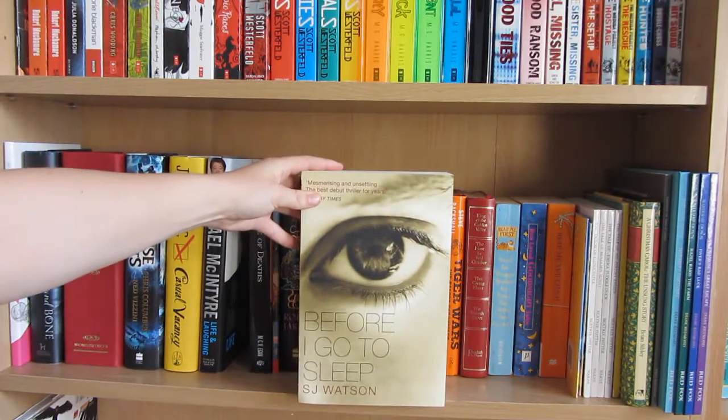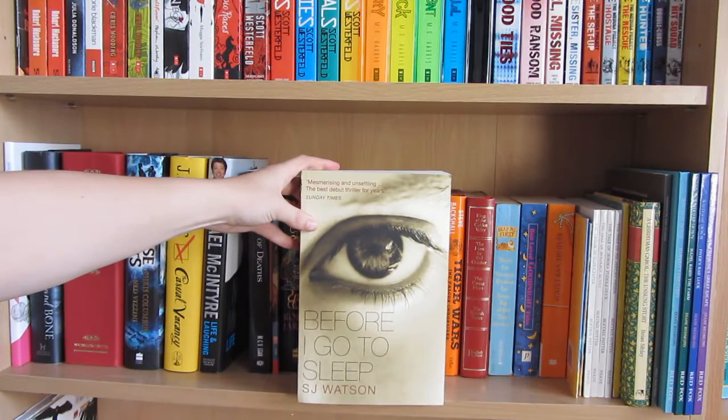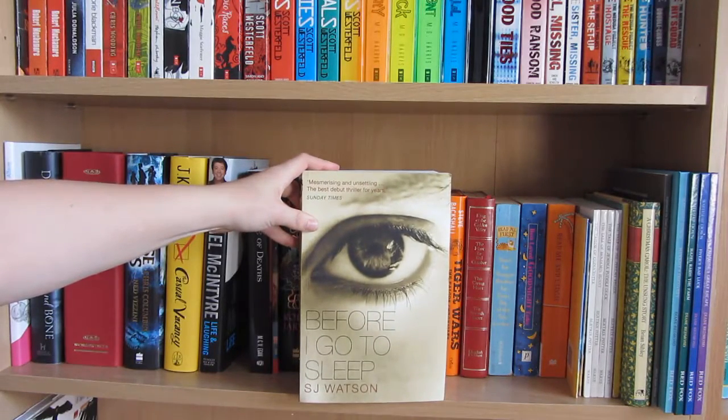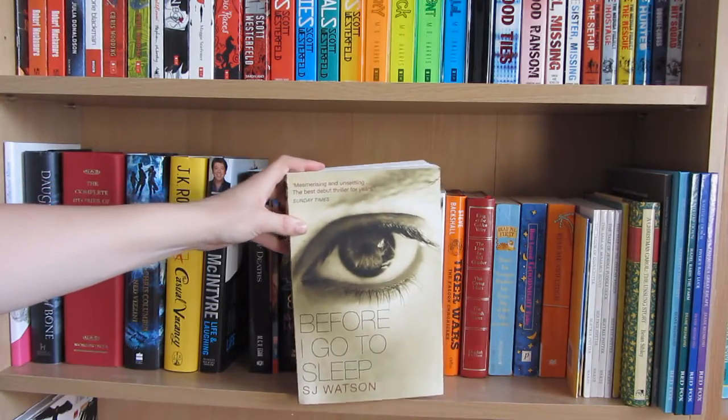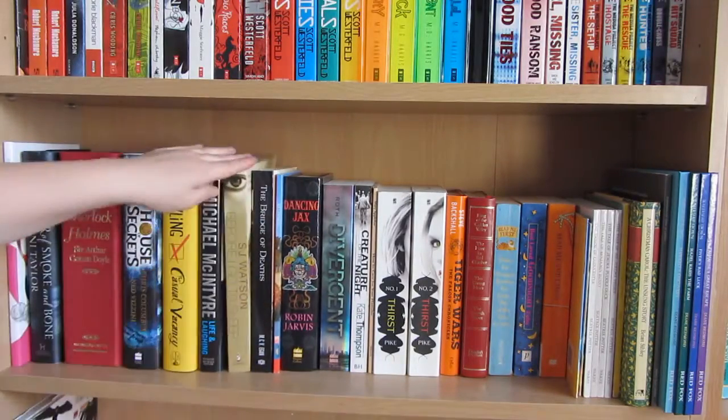Then I've got another book in my mum's, and it is Before I Go to Sleep by S.J. Watson, and this actually sounds really good. It sounds like something I'll enjoy reading, but she bought this for herself and then gave it to me to put on my bookshelf so it didn't get ruined, and then she hasn't read it, so that's how this has ended up here. The next one is going to make me feel intensely guilty,